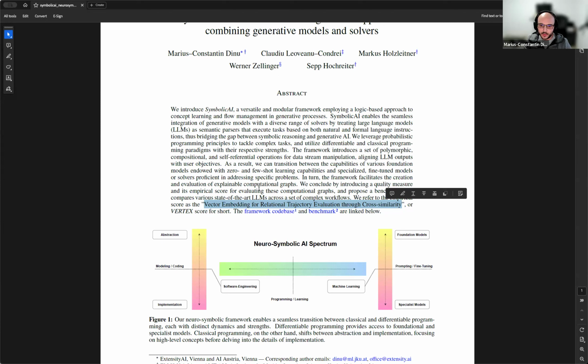With LLMs as quote-unquote central processing units in your computational graph, what you get out is not really deterministic. So we try to introduce our own quality measure that says how far off you are from what you would have expected. It is based on embeddings, which we call vector embedding for relational trajectory evaluation for cross similarity.